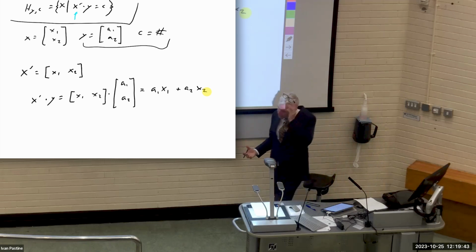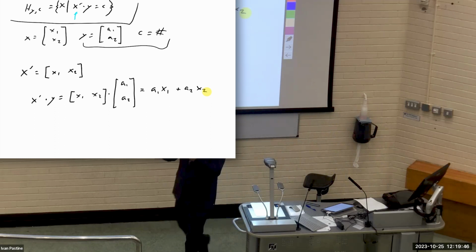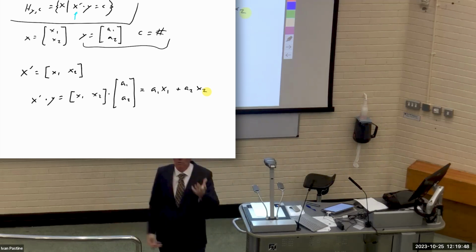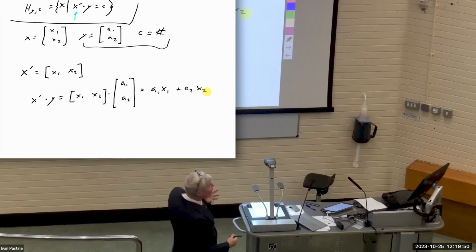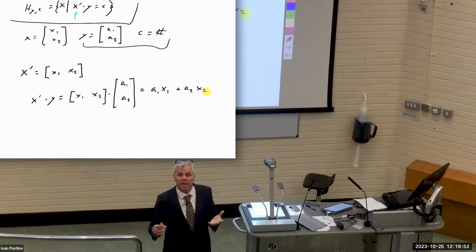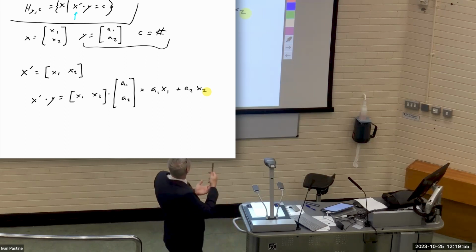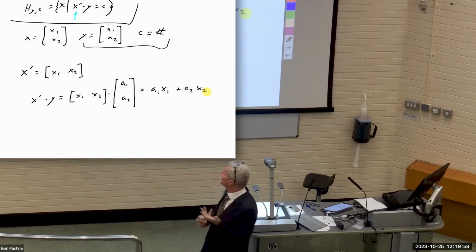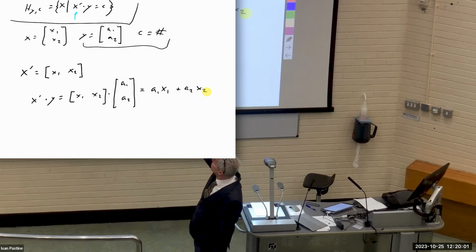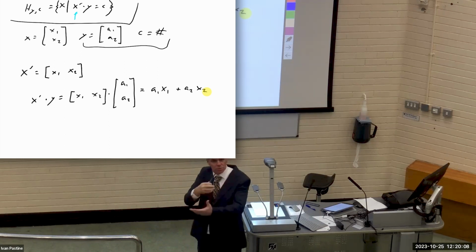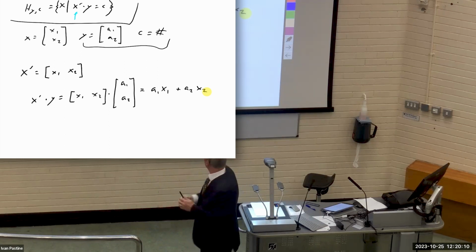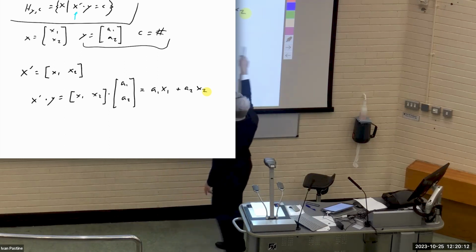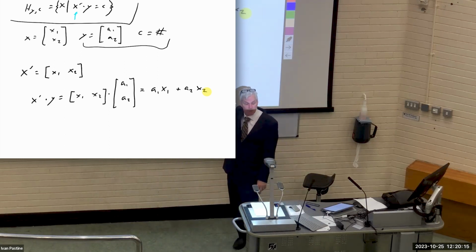Just a notation they've developed so that they can do math with these lists of multiple numbers. Right? But now we can see that we have just a number, like 7 or 14 or -3. Right? It's something times a number plus something times a number. That all comes out to a number. Right? And so we can actually compare that with c, because we want all the x prime times y that are equal to c. c is just a number. These things were big matrices with lists of numbers and vectors and whatnot. But now, by multiplying them, we got them down to just a number. So we can compare these two things.